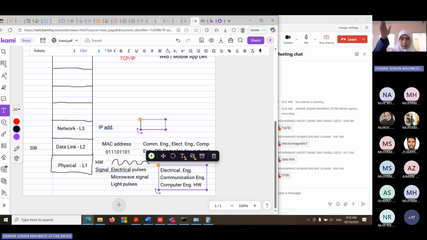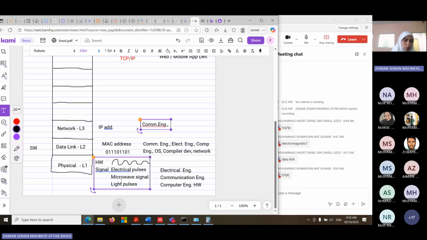So if you go to study communication engineering in the College of Engineering, they have a very simple course for networking. They should have an idea about networking, but most of their work will be layer 2 and layer 1.